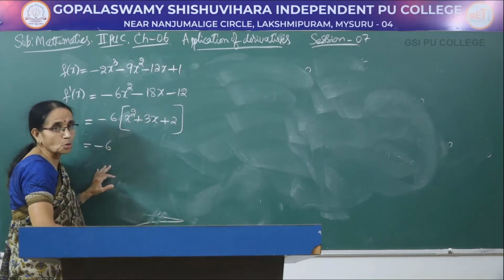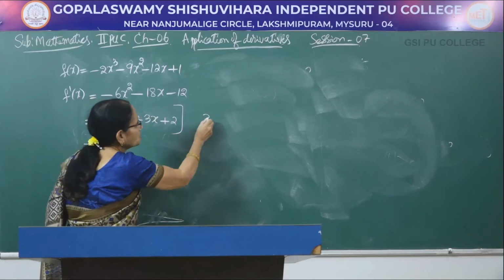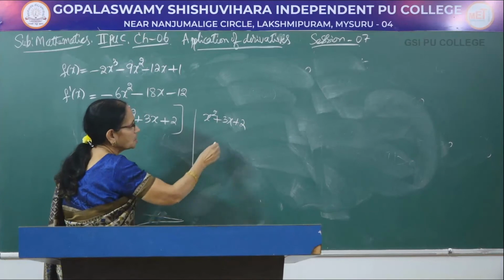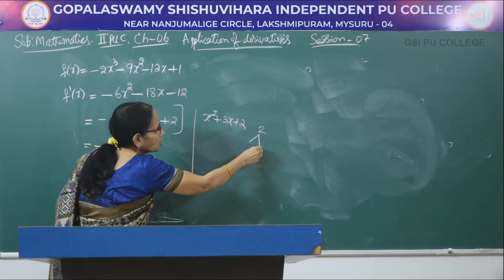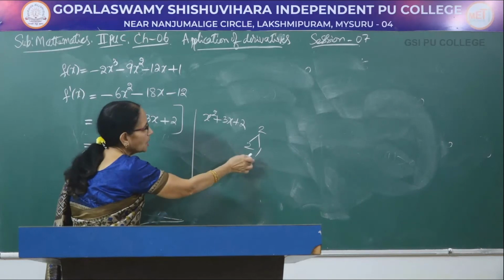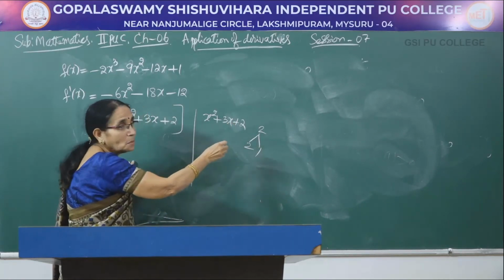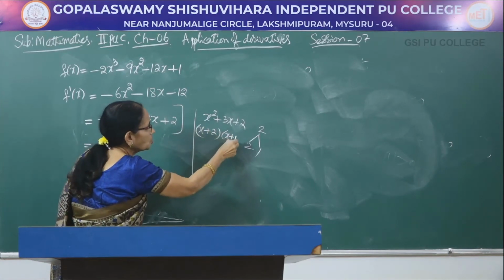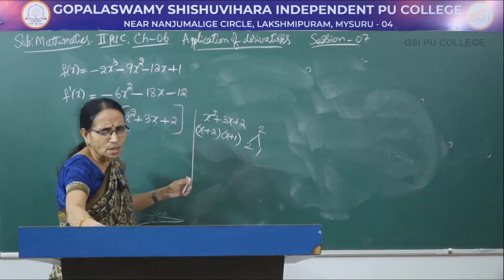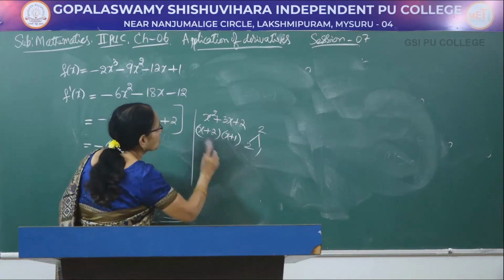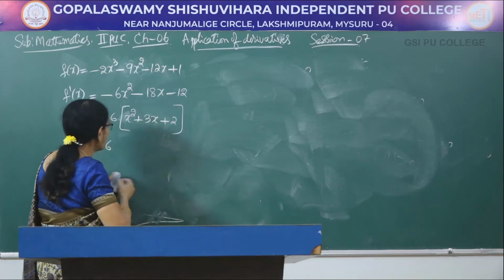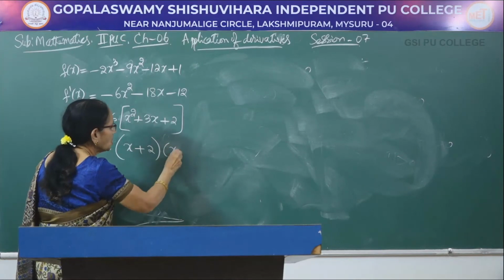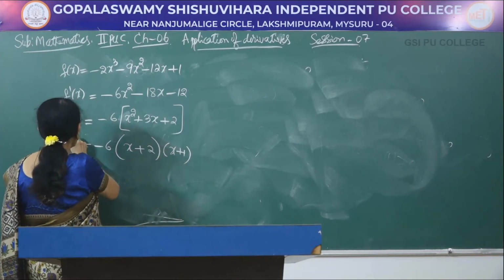Now, just now I showed you how to factorize this one, that is x square plus 3x plus 2. The usual procedure is, this number is 2, how do you split? 2 and 1. When you add them, 3x, when you multiply them, 2. Therefore, when you factorize this one, it becomes x plus 2 into x plus 1. It is whatever you already learnt in the high school classes. So, let me write the factors here. It is x plus 2 into x plus 1. Now, this is f dash x.